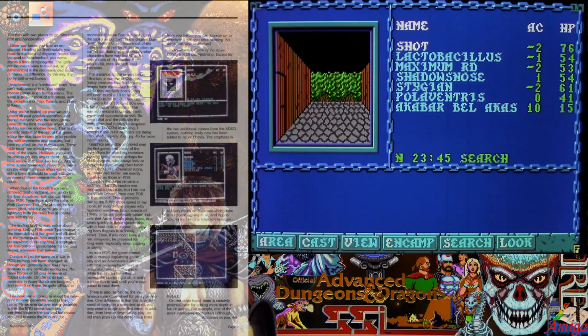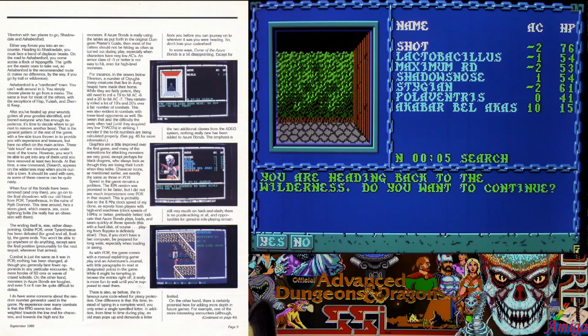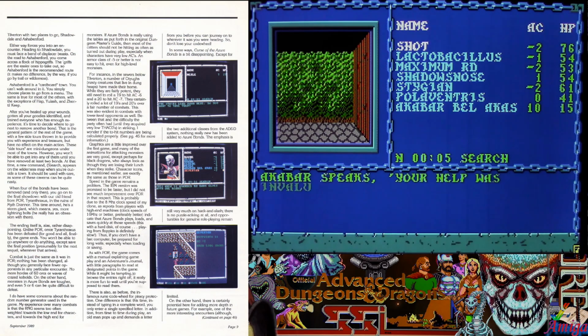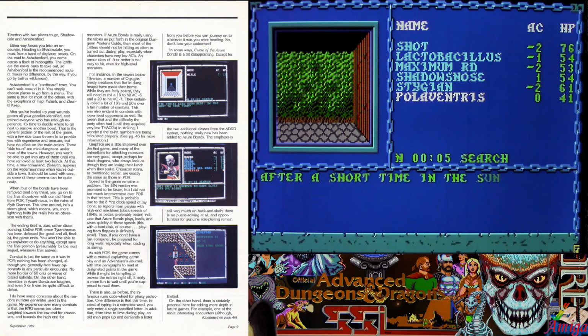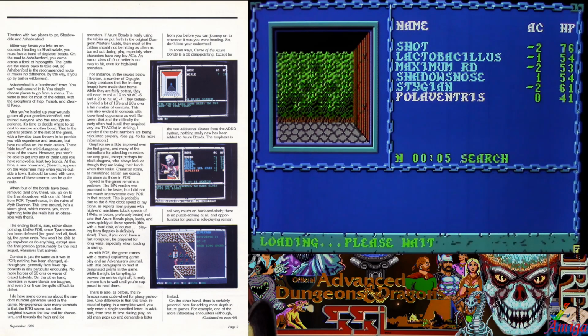When 4 of the bonds have been removed, and only then, you go on to the final showdown with our old friend from Pool of Radiance, Tyranthraxus, in the ruins of Myth Drannor. This time around, he's a storm giant, which means, yes, more lightning bolts. He really does have an obsession with them. The ending itself is, alas, rather disappointing. Unlike Pool of Radiance, once Tyranthraxus has been defeated, for good and all, finally...